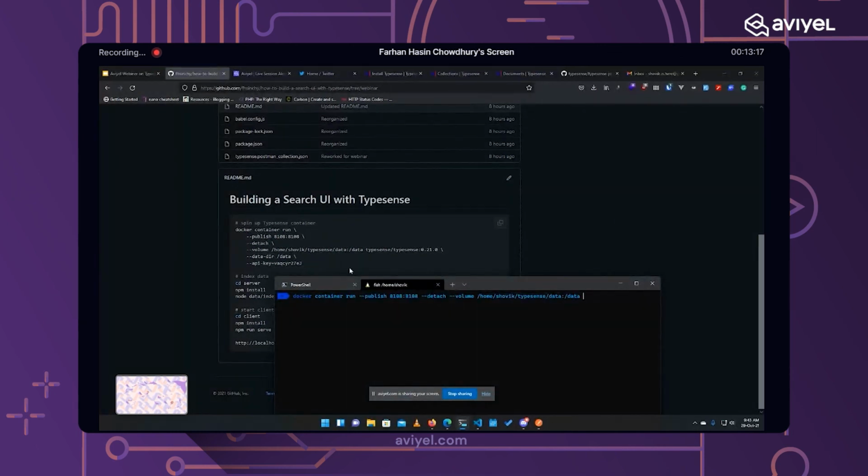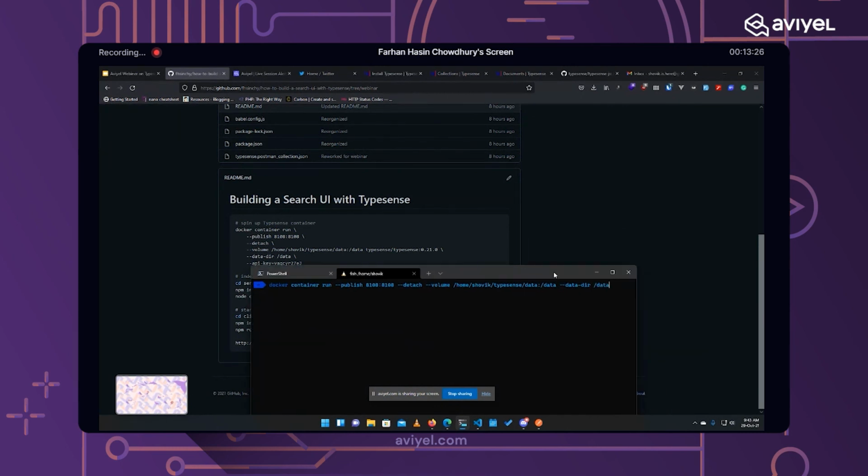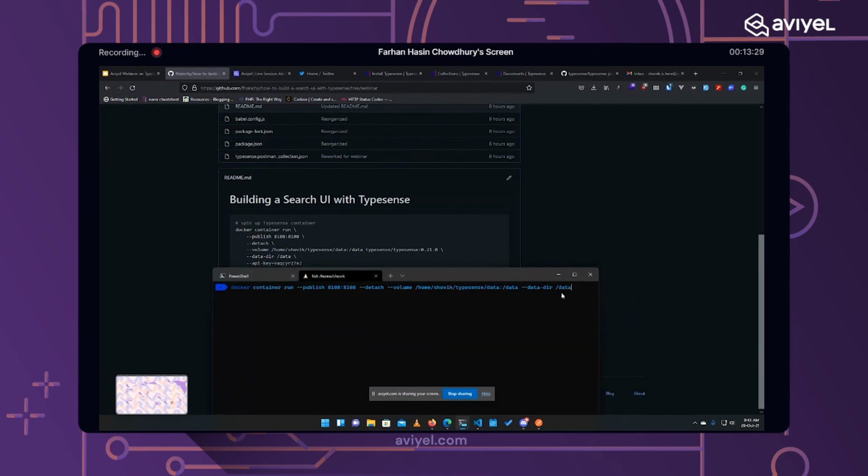Finally, I will have to declare the data directory for the container. That's data-dir /data. Now, if you want to store the data in some other directory, maybe called TypeSense data, then you will also have to update this part here, because this is what you are calling the data directory inside the container.